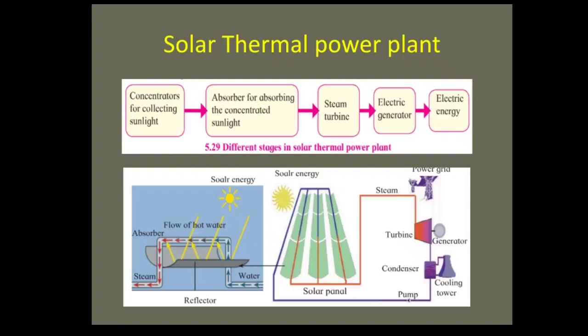However, electrical energy can be generated directly from solar radiation without using the generator and without using the principle of electromagnetic induction. This happens in solar photovoltaic cells. Solar photovoltaic cells convert the solar energy directly into electrical energy.